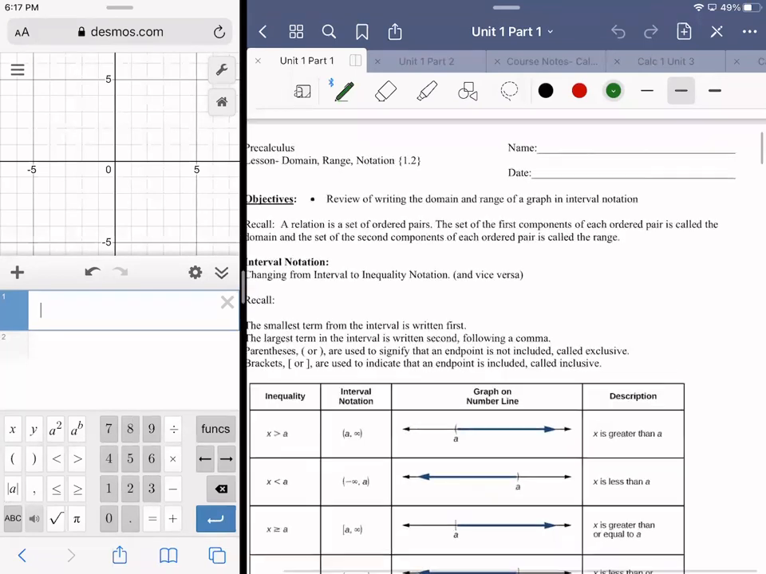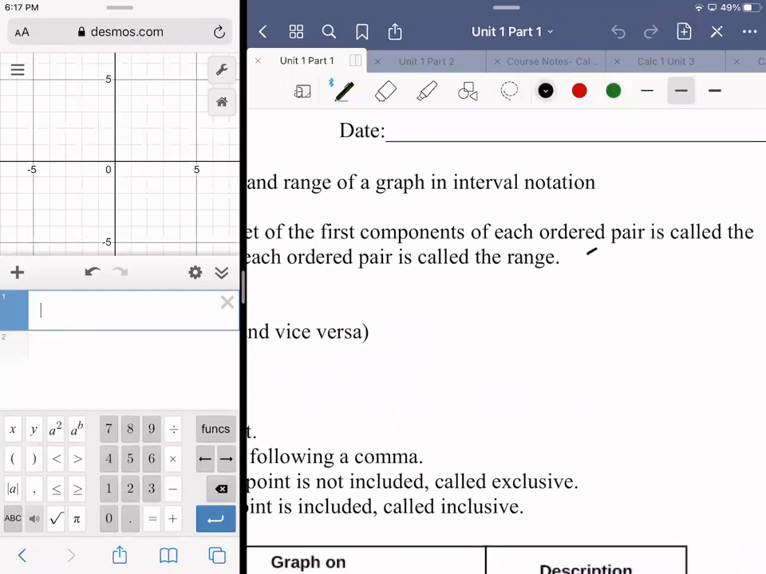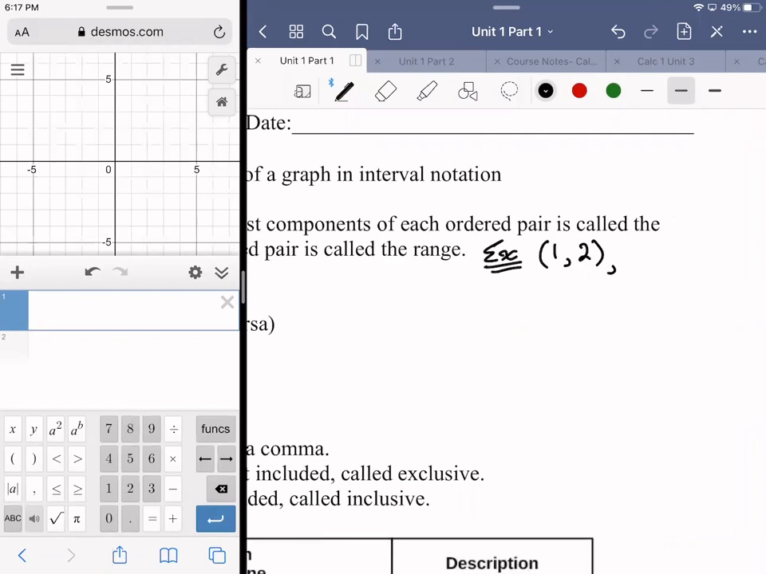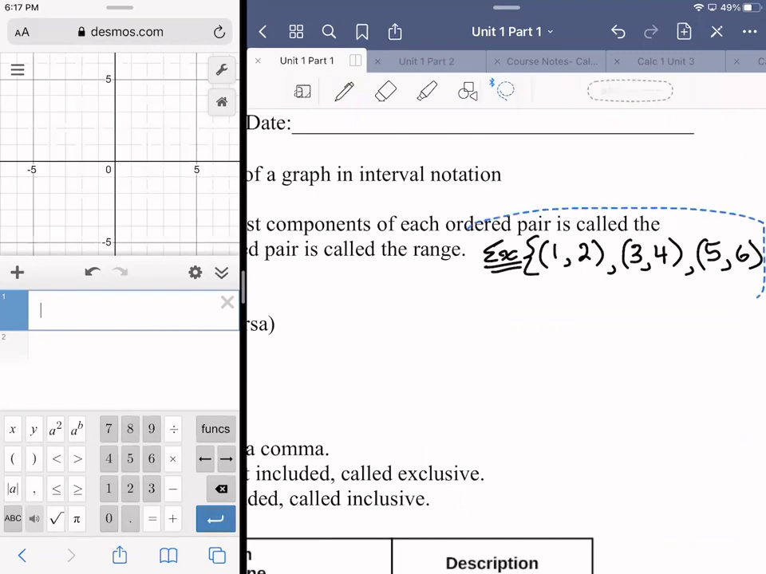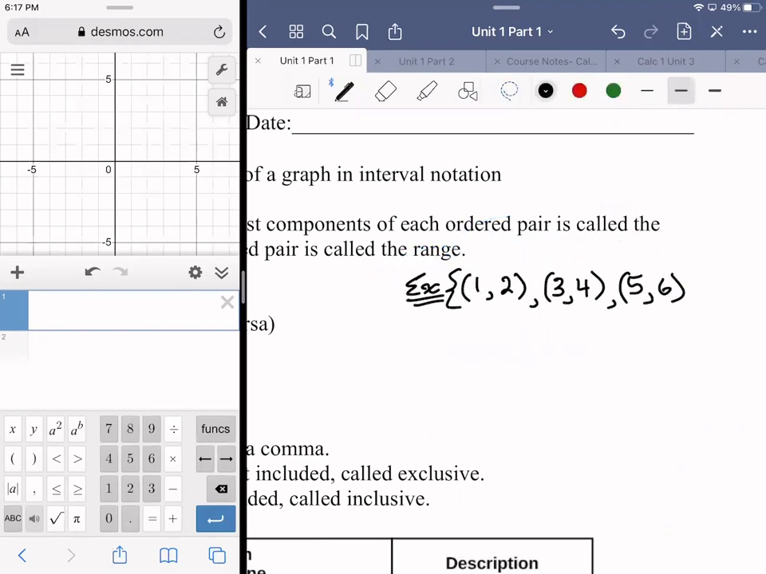But if I tell you that you have, for example, a coordinate set of (1, 2), (3, 4), and (5, 6), put in squiggly brackets. Let's say you have this ordered set of coordinates. Each one of the x values would make up the domain. So the domain